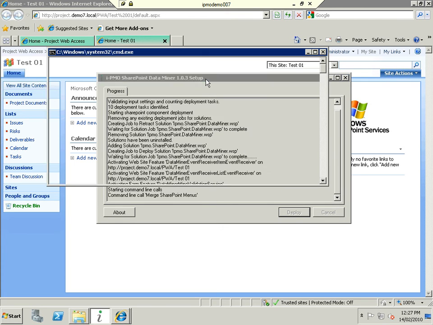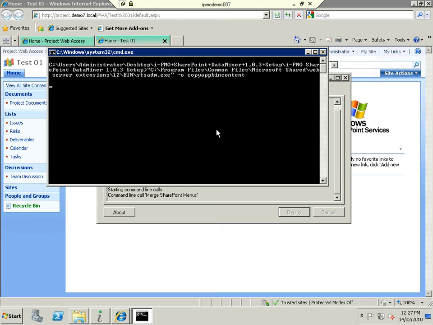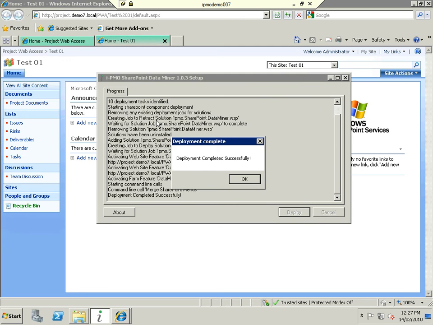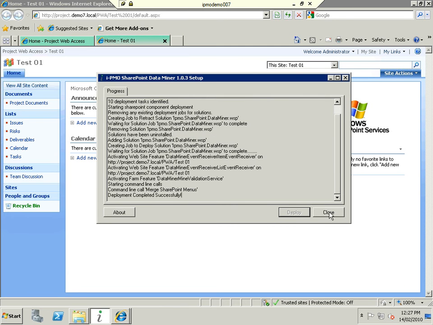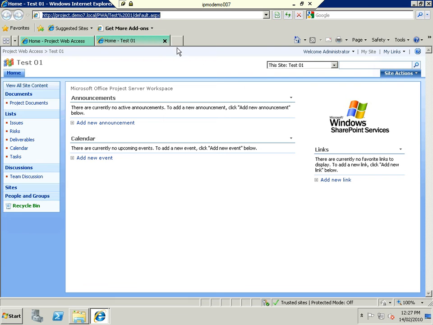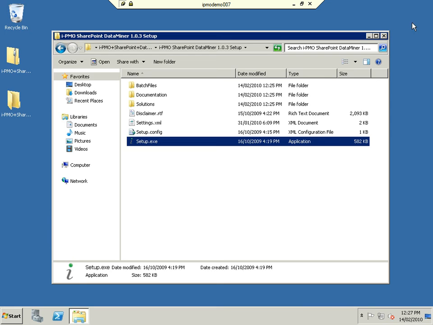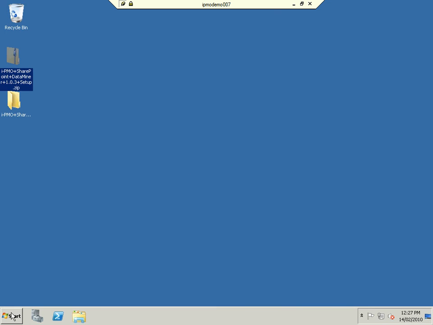Now, the IIS reset is required because the DLLs will be deployed into the GAC of the server and need to be picked up by SharePoint Central Admin. Doesn't take very long. Okay, so that's basically the binaries installed. Now, if we close the web browser and open up SharePoint Central Admin,